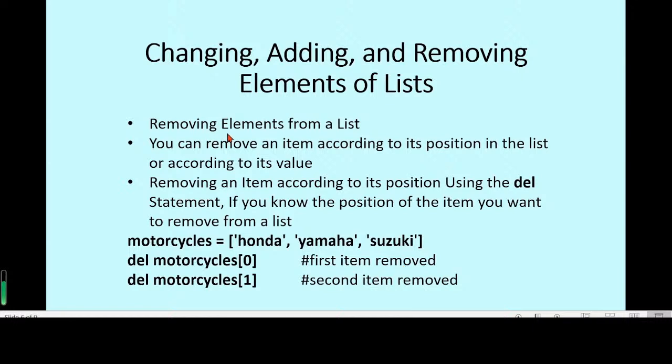And we can also remove elements from a list. You can remove an item according to its position in the list or according to its value. To remove an item according to its position, you can use the del statement if you know the position of the item you want to remove from a list. So this is a list with 3 motorcycles. We can remove the first motorcycle, the second item,